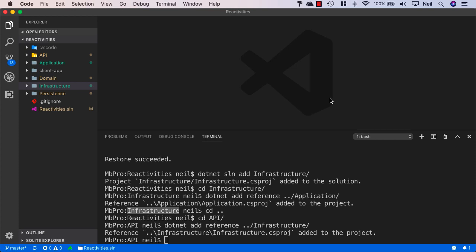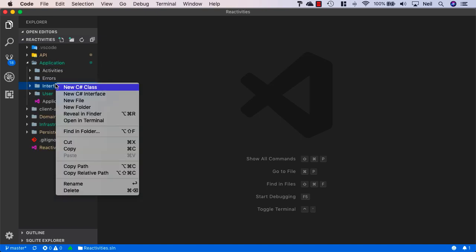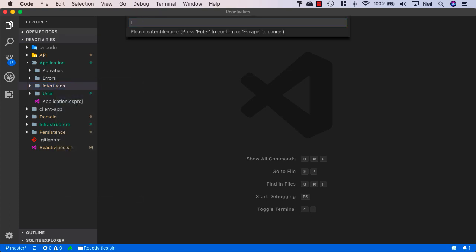So now what we're going to do is create an interface inside our application project, and then we'll create a class inside our infrastructure project that's going to contain the concrete implementation of our interface. So inside our application project, let's create another new folder, and I'll call this interfaces. And inside here, let's generate a new C# interface, and we'll call this